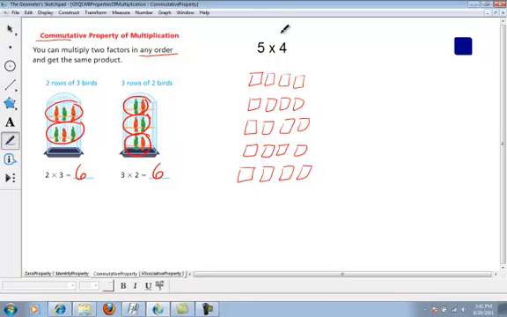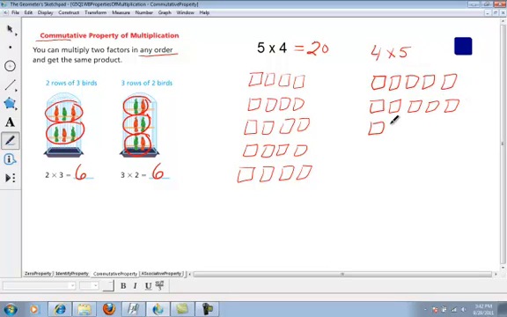Now with the commutative property, I can also represent this as 4 groups of 5. Now the value of 5 groups of 4 is 20. If I counted every single one of these squares I just drew, that would be 20. With 4 groups of 5, I'm going to have 4 groups, but this time there's going to be 5 in each row. So that's 1 group of 5,